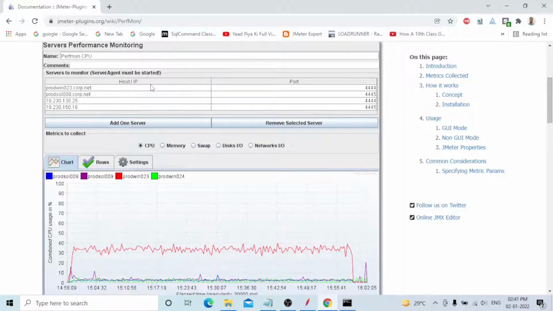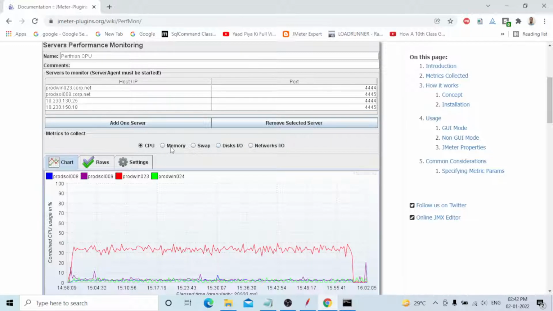Okay, this is the old one. In the new plugin, how do we provide it now? First, you need to provide the host, whether it's localhost, a host name or an IP address. Second, there is a metric you need to select. Previously, in the old one, the site is not updated, it showed CPU, memory, and you had to select which one.